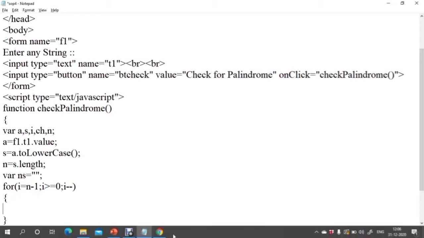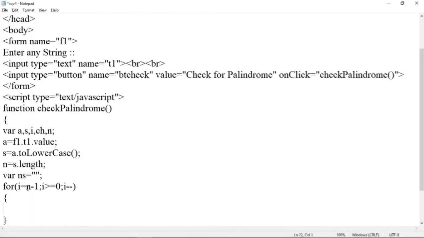In case of this a b c d, the user has entered a b c d, the length of the string is 4. So I is equal to n minus 1 is nothing but I is equal to 4 minus 1, which is I is equal to 3. So for I is equal to 3, I is greater than or equal to 0. 3 is greater than or equal to 0, so the loop will be iterated. Here we want that character. See here, the loop will be iterated from I is equal to 3 down to 0, till the value is 0. So the loop will be iterated 4 times.